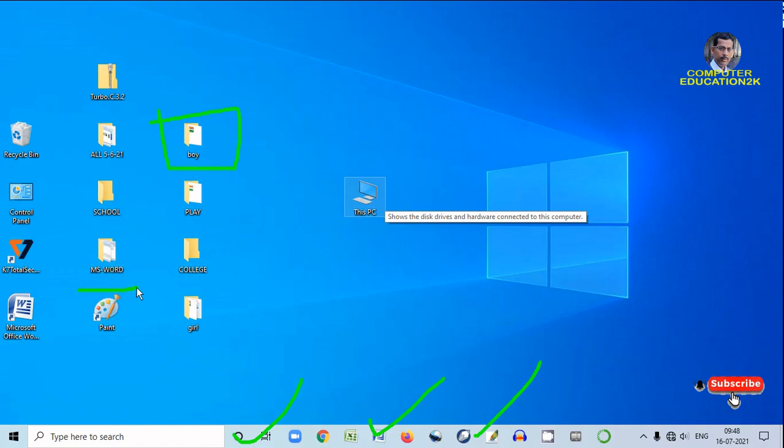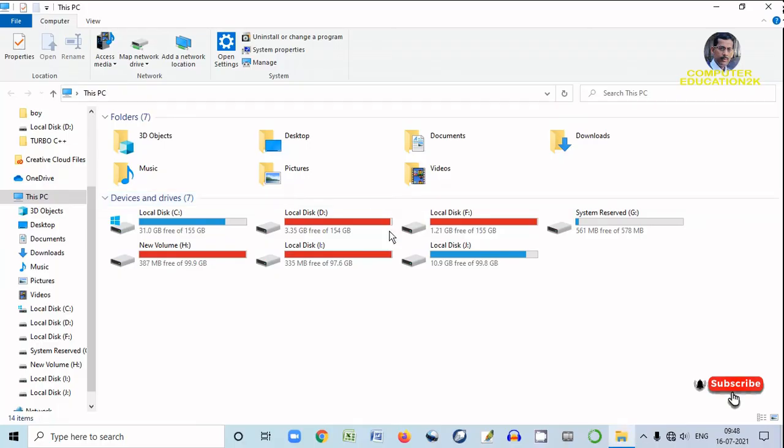These are called icons. Icons contain applications, and folders contain files. And what is a file? A file contains information. Then we have seen how to create files in a folder, how to copy files from one folder to another folder, how to paste, and then we have seen all the hard disk types of our computers.